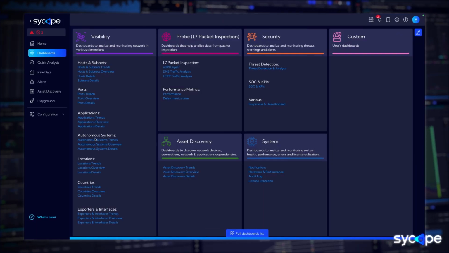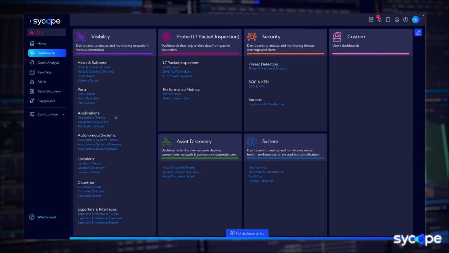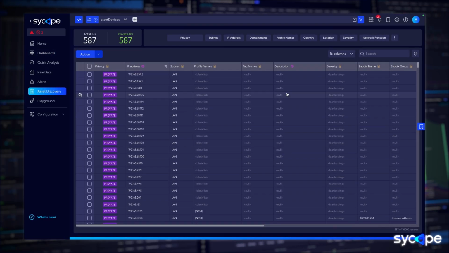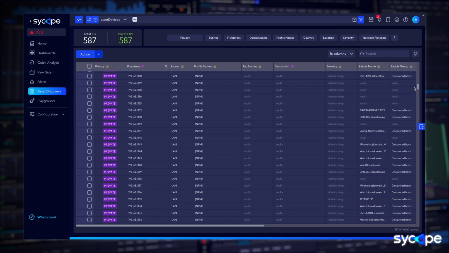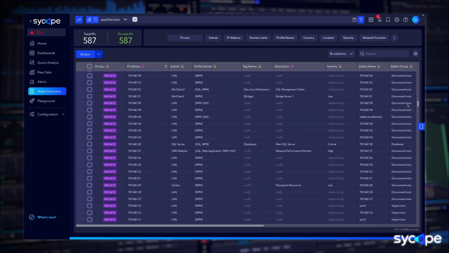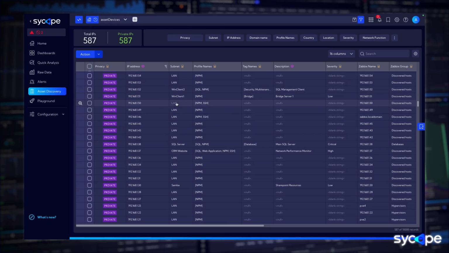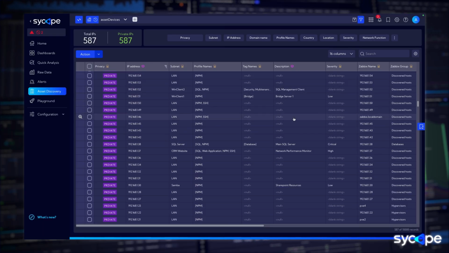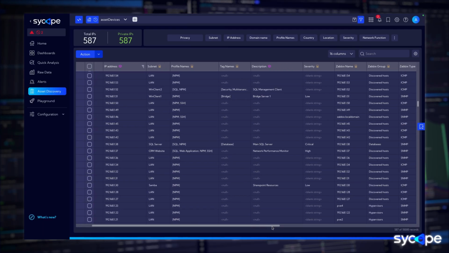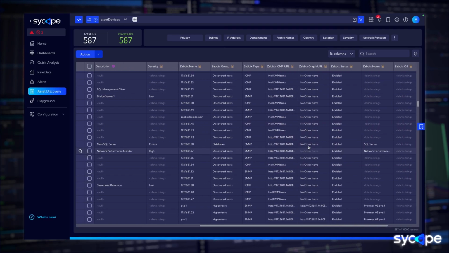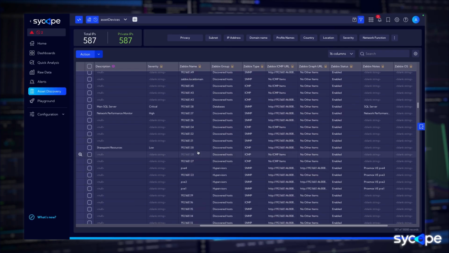Okay, so let's continue with the example of inventory data from Zabbix. So when I go to Asset Discovery, and I can move around to one of my IP addresses from my lab, we can see here that we have IP addresses, subnets, profile names, tag names, description, and afterwards we have a dedicated fields for Zabbix inventory. So here you can see we have Zabbix names,